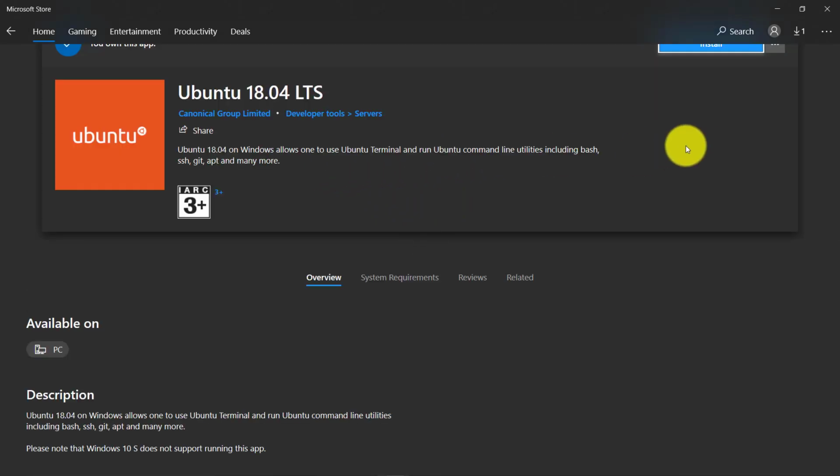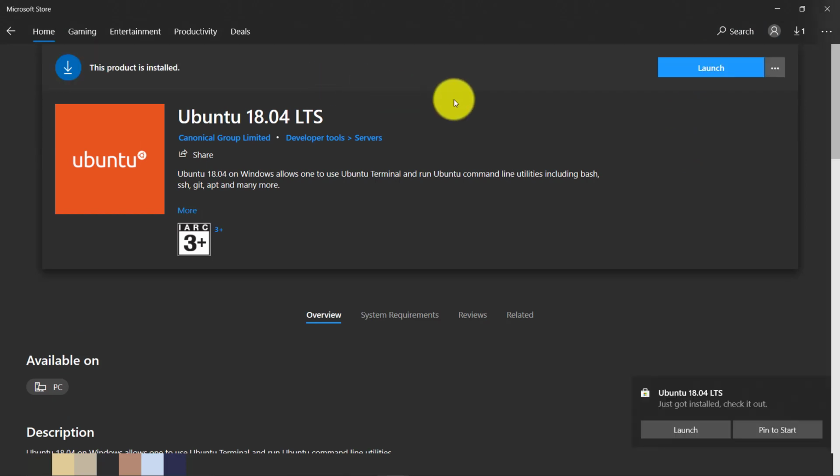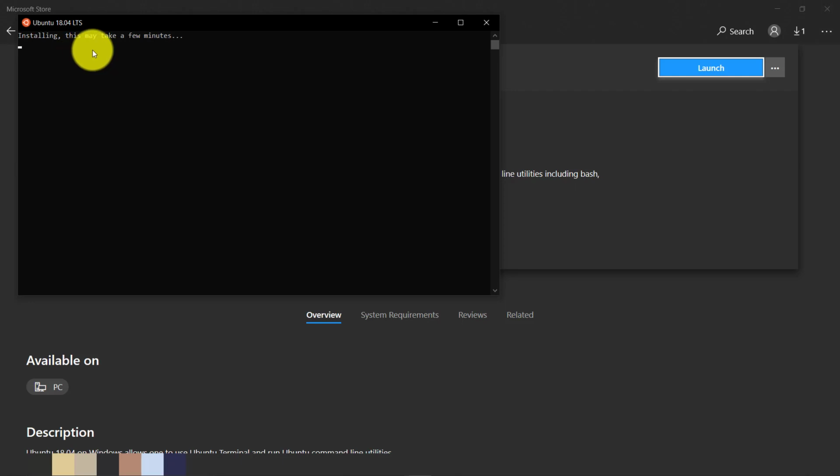We install it, and it will launch. It will show that installing this may take some time. It will take one or two minutes to install Ubuntu on your system.